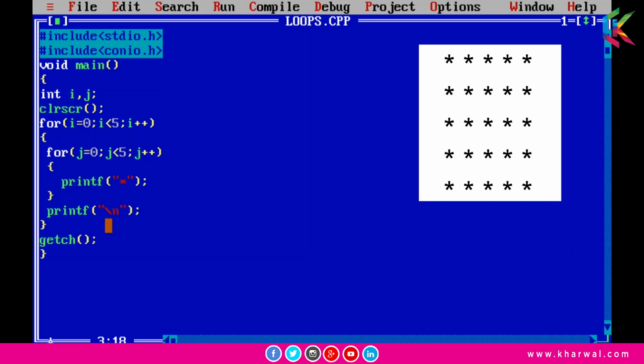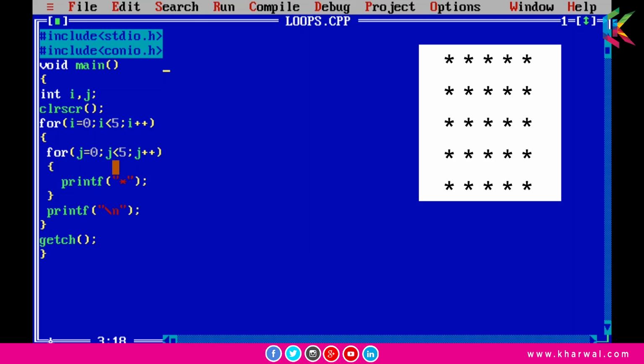And in this printf function I am using \n, and as we know that \n is a new line operator, so the control will be transferred to the new line, and after that i++ will be executed. So the value of i will be 1, and 1 less than 5. Now this condition is true, and then control will be transferred to the for loop of j, and here the value of j is 0, and 0 less than 5.